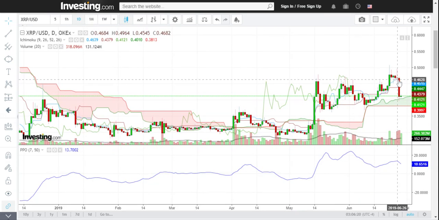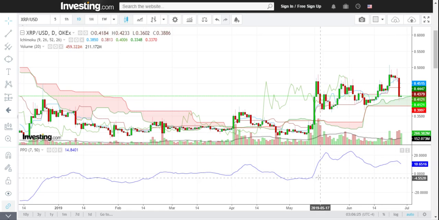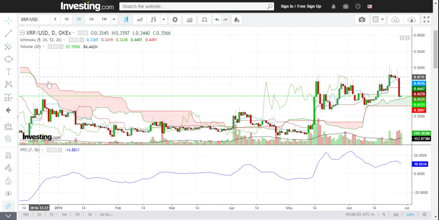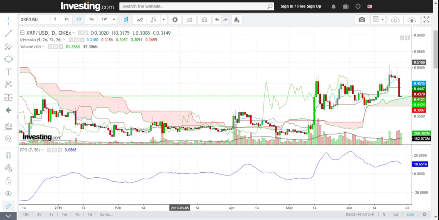Again, here we have a long black candle with a divergence in the price oscillator. Price oscillator is above the zero. Obviously, it's not a positive scenario. However, we see that while here Ripple was below the Ichimoku cloud, here it is above the Ichimoku cloud. So again, my idea, this is the daily chart, is that in the short term we could go long with Ripple, and we could short Bitcoin. Okay, but in relation to the medium long term, the scenario at the moment is quite